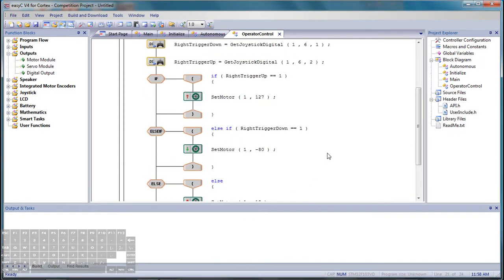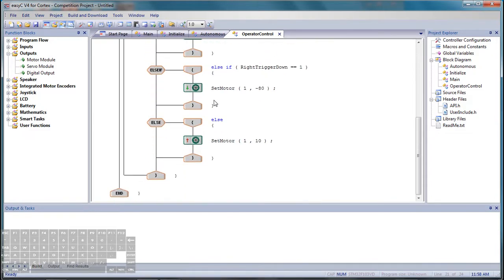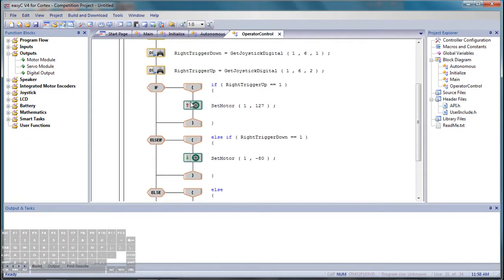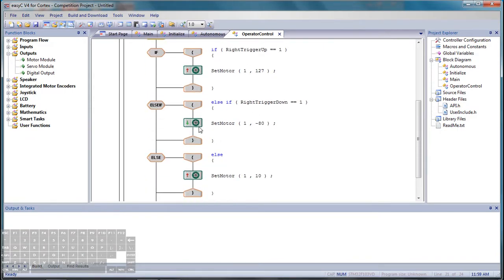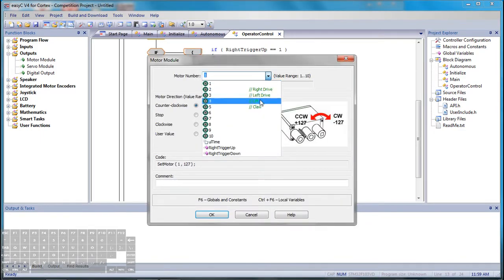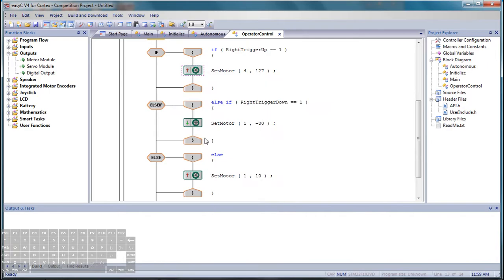So now, if we press the up button, the lift will go up. If we press the down button, the lift will go down. And if nothing is pressed, it will stay put where it is with a small holding power. Now this is only if you have one lift motor. Obviously if you have 3 or 4 motors on your lift, you're going to have to put 3 or 4 of these in here, each set to the motors. Oh, and I forgot to set the motor numbers. So we'll go down and select lift on all of these,